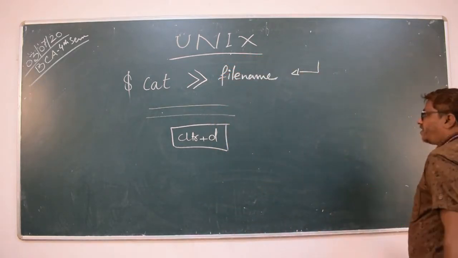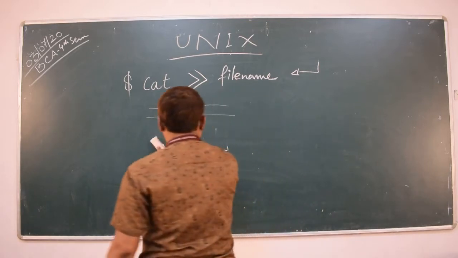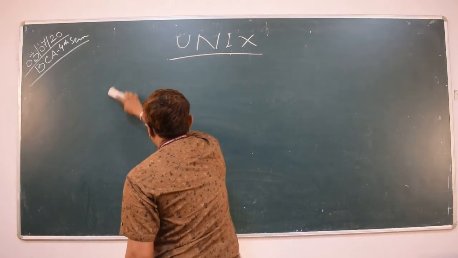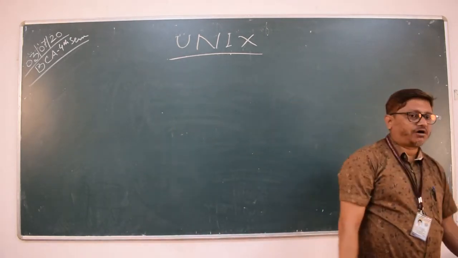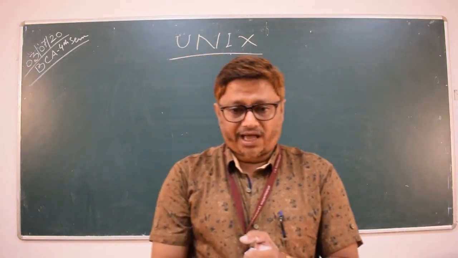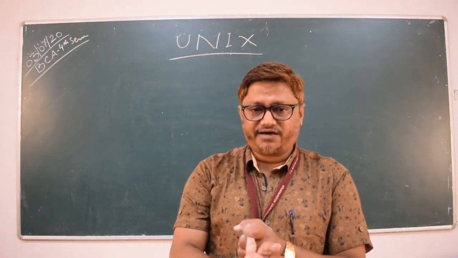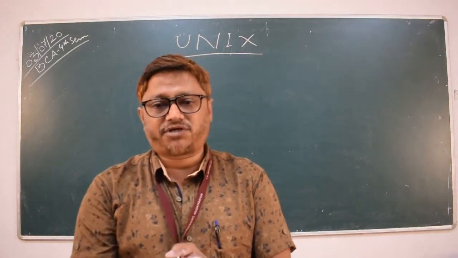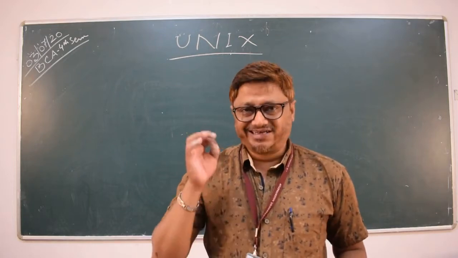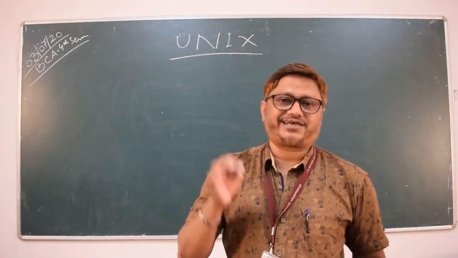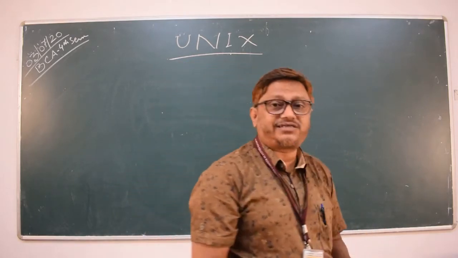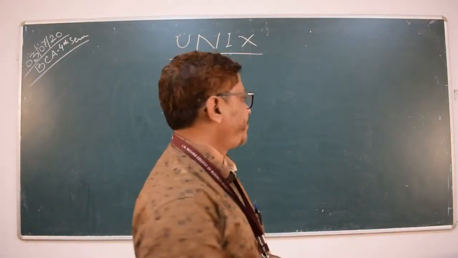Suppose you want to modify or delete a line of the file, or edit the file. The cat command is only used for creating a file, displaying a file, appending to a file, displaying with line numbers, and displaying the end of the file. But it is not possible to edit the file with it. If you want to edit an existing file created with the cat command, then we use an editor to edit the existing file.